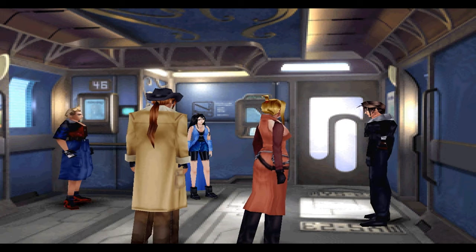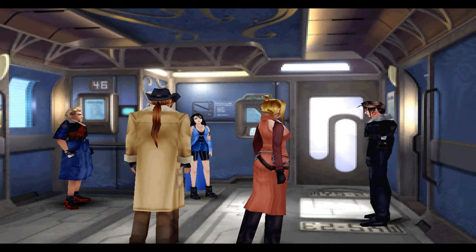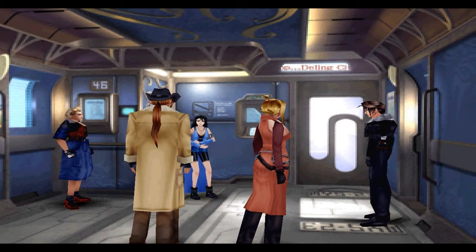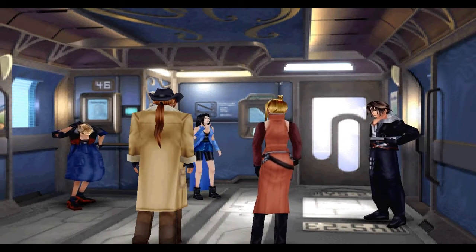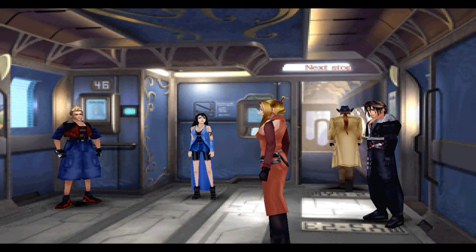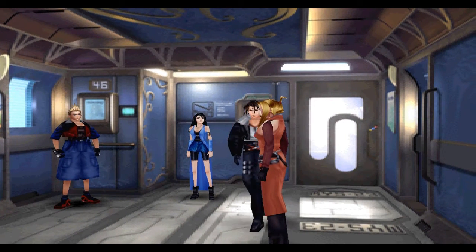So Irvine's going to appraise his options while the train starts moving. I don't know if Renoa's laughing, because she's not saying anything really funny. Just says it's the only train bound for Dollet City. I don't really get that. So Irvine's gonna head off and talk to Selphie, and if you talk to your party members, or your comrades,